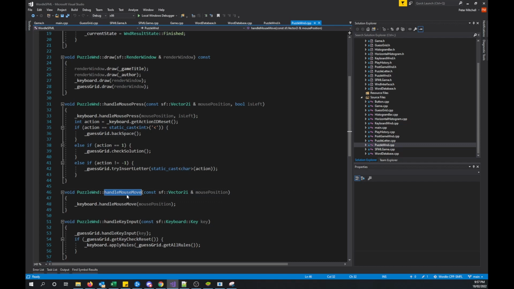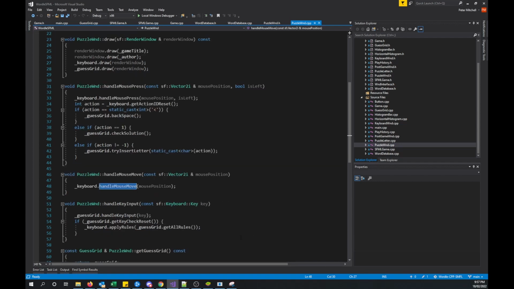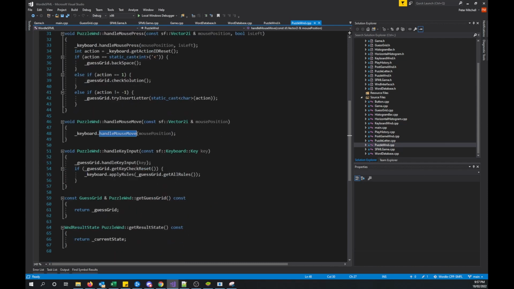For the mouse move, we just basically pass to the keyboard class the handle mouse move, and we don't really care about that at all in PuzzleWnd. Similarly, for the handle key input, we just pass off to our GuessGrid with the handle key input with whatever the key is. And so if a key was pressed,